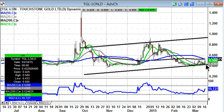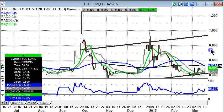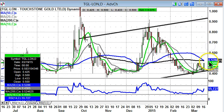may be looking for a return back to the top of the range, 0.8 pence, 0.9 pence over the course of April. Be cautious on the shares, want to see more evidence of recovery, maybe wait for an end of day close back above the 50-day moving average at 0.52 pence as a momentum trigger. But this March price action to date does look to be quite